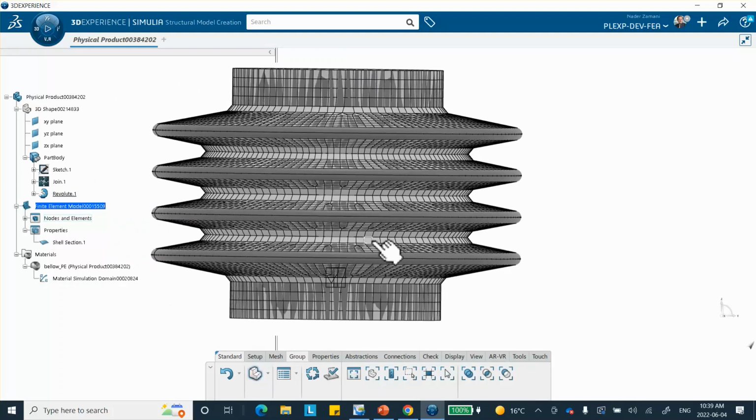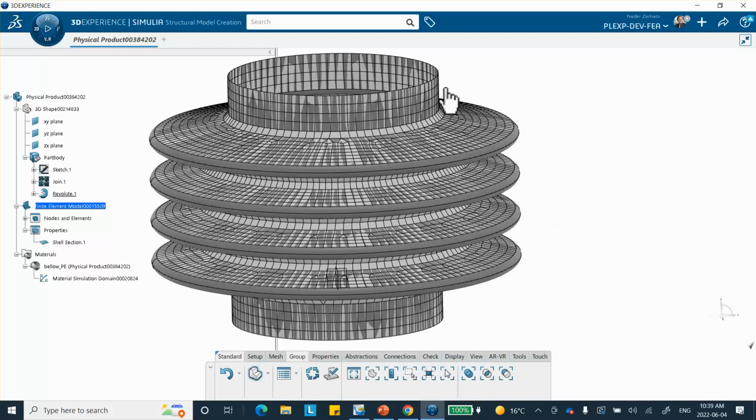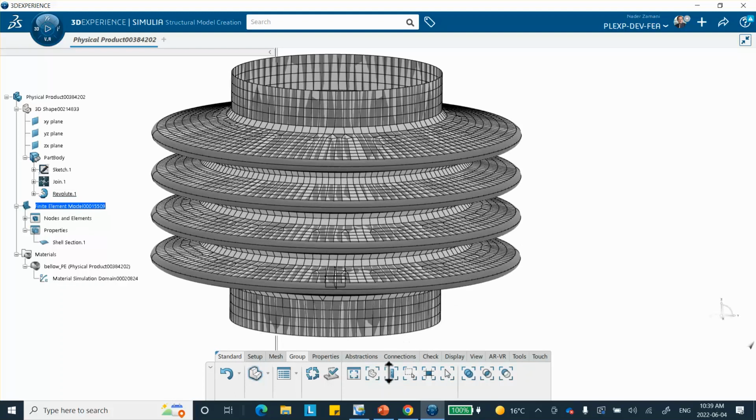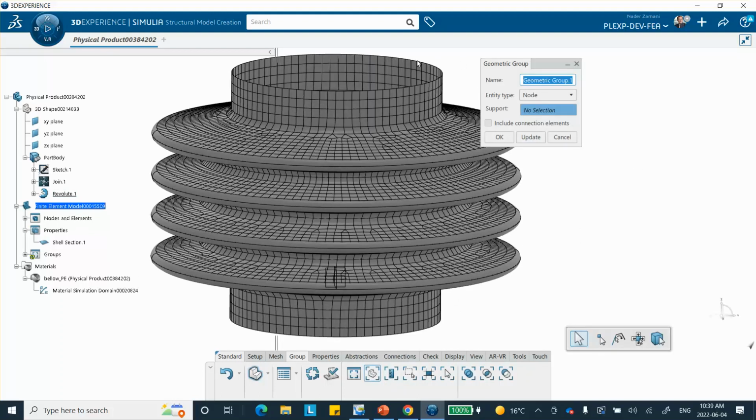So let me actually make a group on the top and a group at the bottom, and I'm going to do that by spatial. Well, you make that spatial group because it's easier. For example, you can either make a window, etc., but you can make a geometric group. Geometric group. You click on it, select that top edge. You see this? All of these nodes on the top edge are going to be selected and put in a particular group. So I'm going to call it the top, and it's a node that I want. Okay, so we say okay,